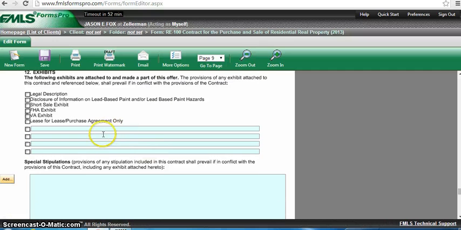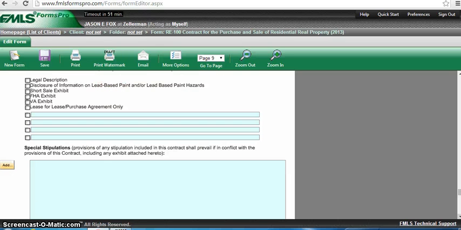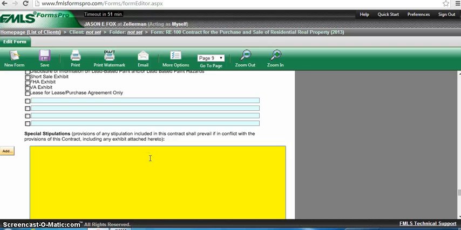But there's not that much to fill out, and that's a good thing, so you can't really mess it up that much. Here's where we attached addendums and exhibits. On this particular one, we're not going to attach, but you can see these are some of these on here. We would attach the lead-based disclosure if the house was before 1978. Special stipulations. What do you add in here? Well, what kind of stipulations are standard? Perhaps our buyer wants a home warranty, so I'd write 1. Seller to provide a 1-year American Home Shield home warranty